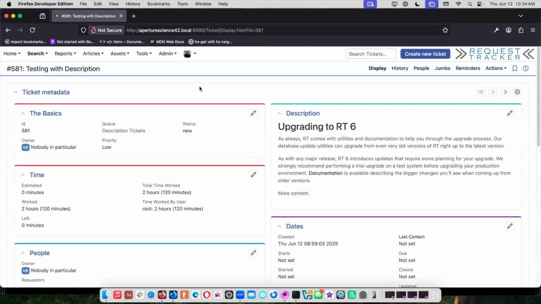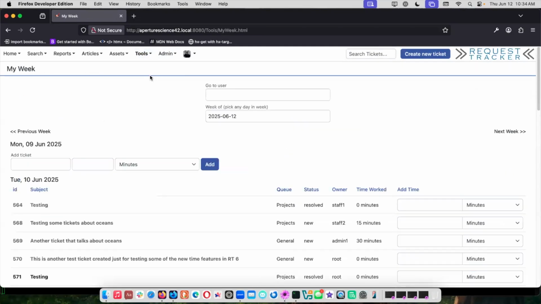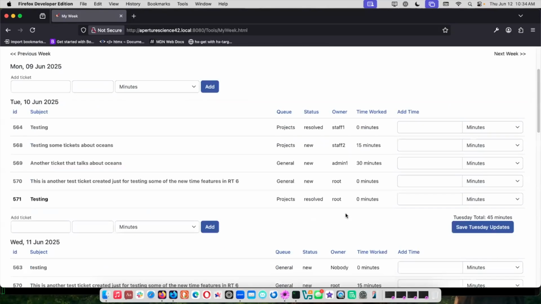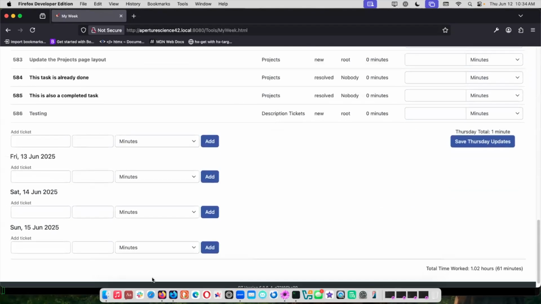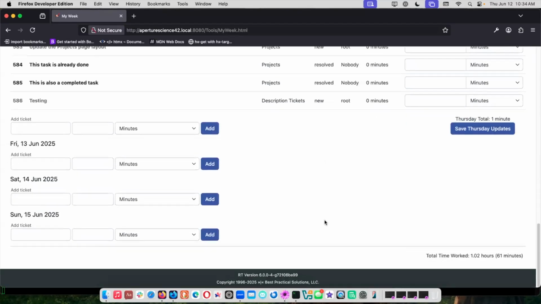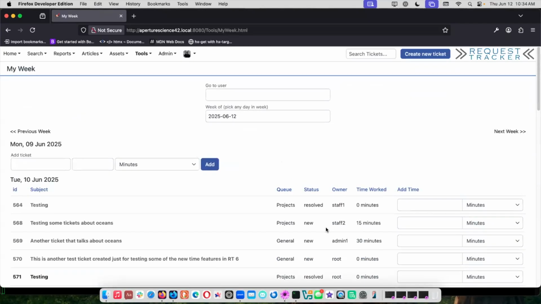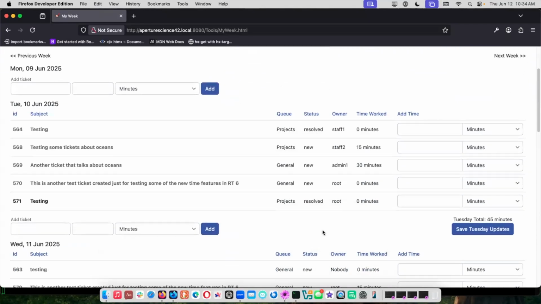And the other key thing that was in the extension, now core, is this My Week. So if you go under Tools and go into My Week, it's basically like a timesheet type page. So it just has the current week. There's some configuration, so you can set your start day for the week. So if you don't start on Monday or whatever, there's some config that you can set for that. But what this does is it just pulls for you. So right now I'm just logged in as a root user, but for the current user logged in, it pulls